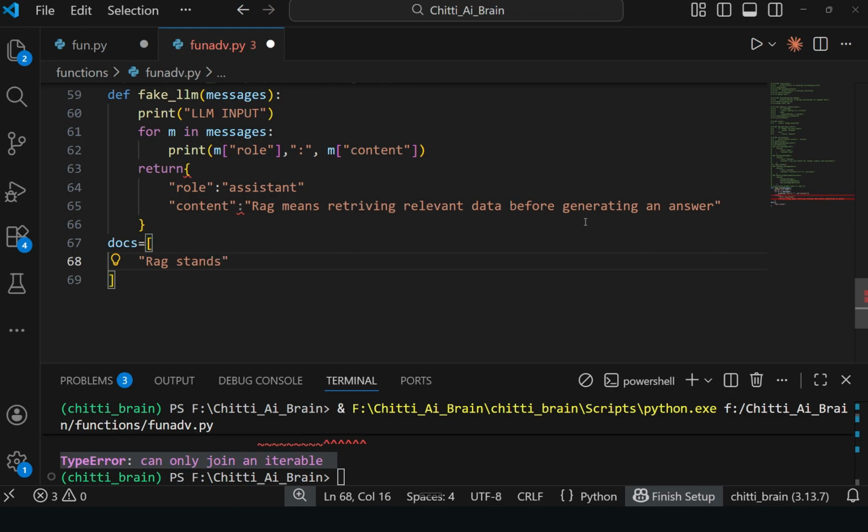Like that we will create, just for sample data.